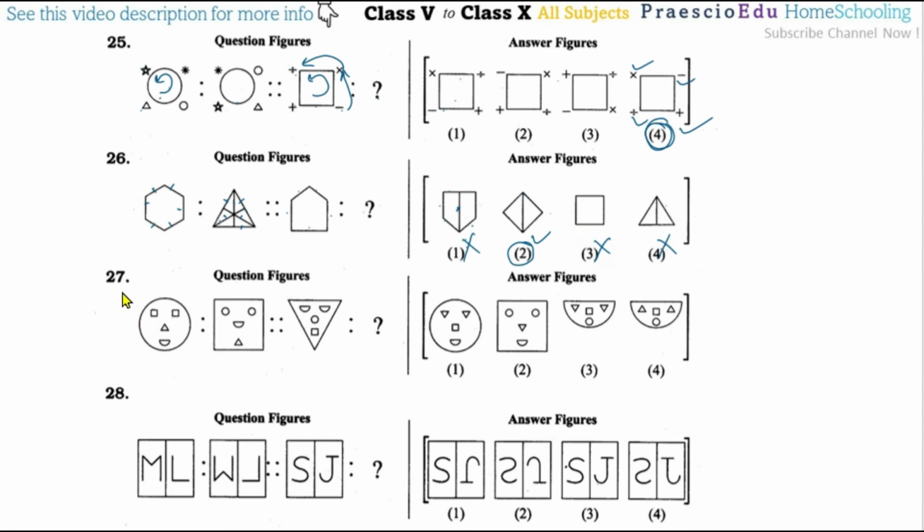Now question number 27, here the square. Whatever is shown as an eye comes to the outside. Okay, so here the eye shape is a half circle, so that comes outside, so option number 3 and 4 are approaching. Then the nose has a triangle here, so that shows like a mouth, and the mouth's shape is shown on the nose, so likewise the mouth and nose shapes are interchanged. So here circles are shown for the mouth, and squares for the nose, so here also correct, here also correct.